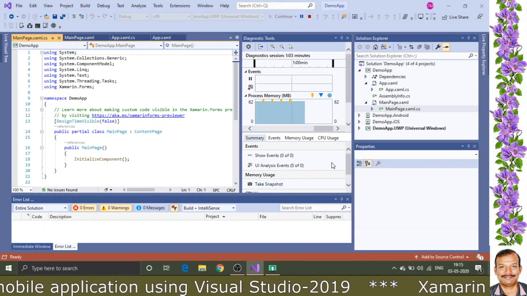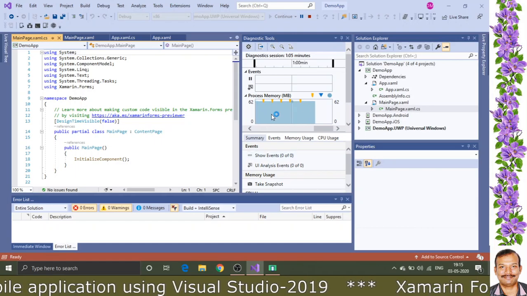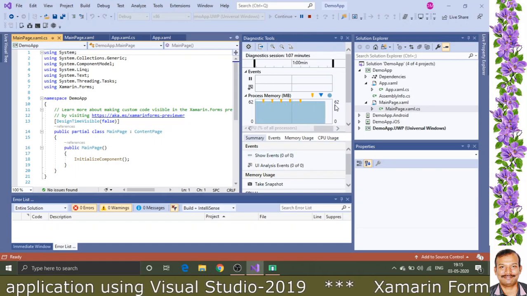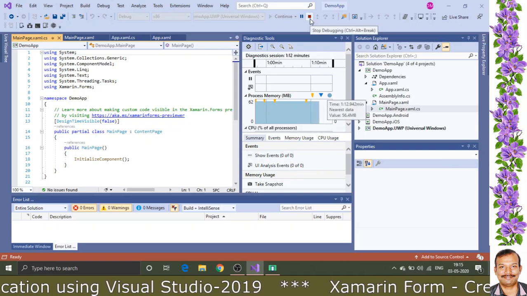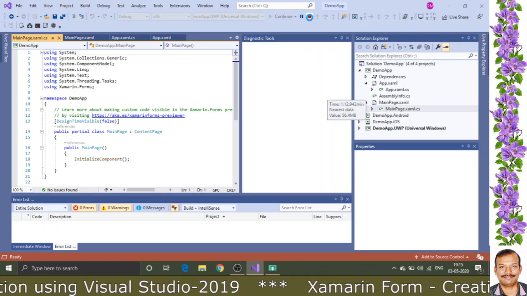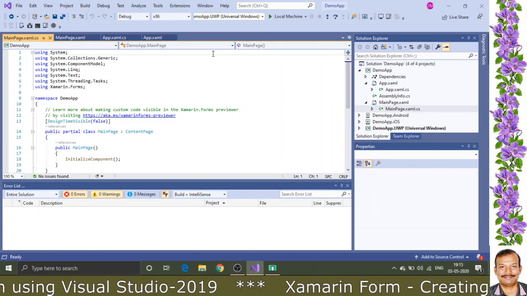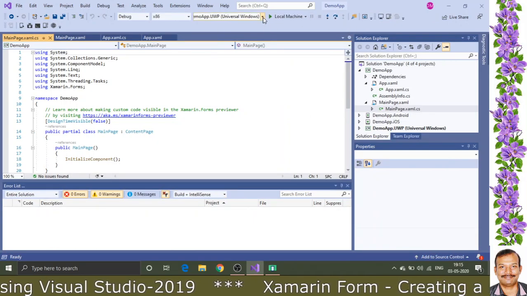See, here you can just see some of these things that I will be discussing. There is something called the diagnostic tool that I will be discussing in subsequent pages, okay. And now I am going to stop this. Once we stop this, the application has ended. Now I am changing the option.